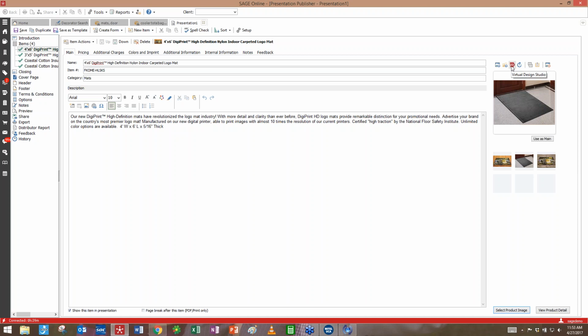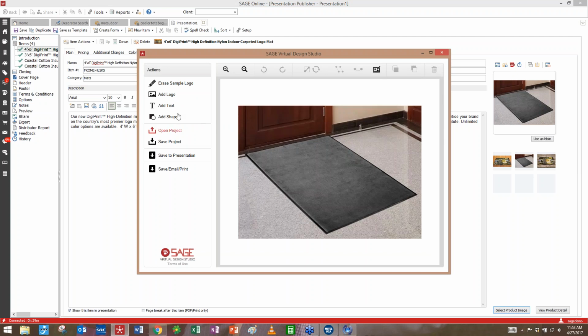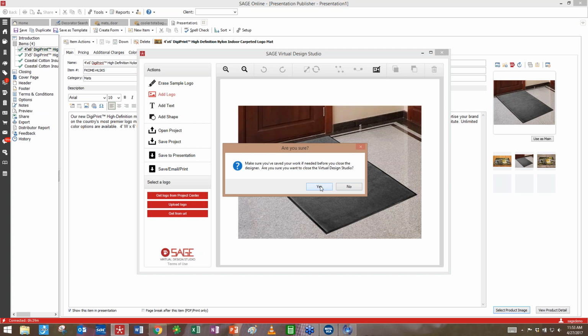On top of that, once you do a virtual on these images as well, let's say that you've selected blank items on here, what you're able to do then, when you go to add logo and so on, is choose them from the project center or from the URL or wherever you have them. But even on top of that,